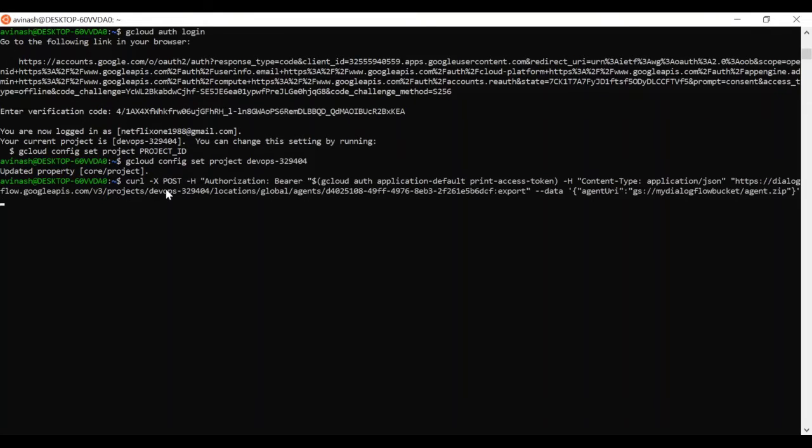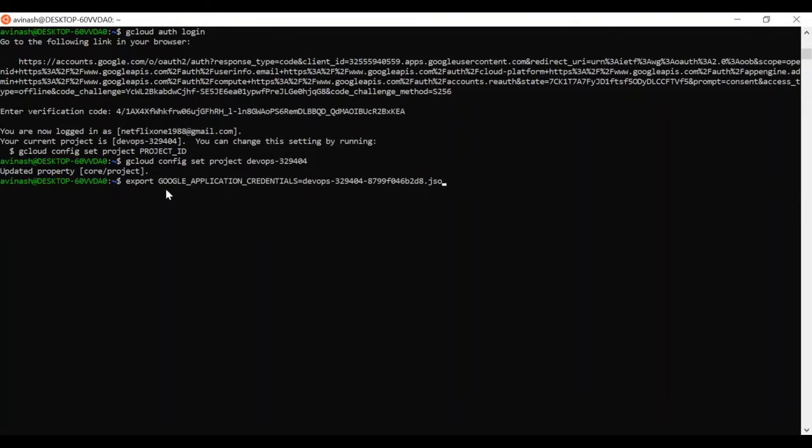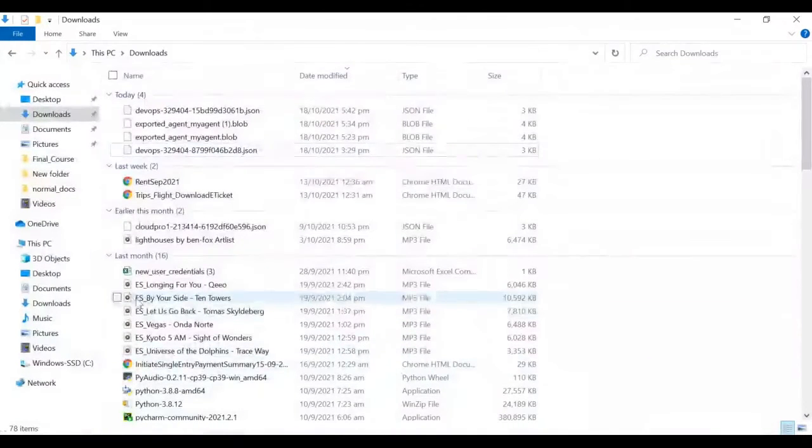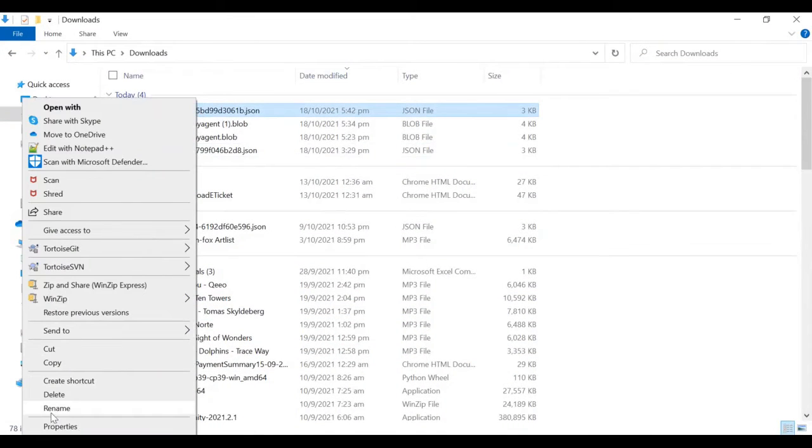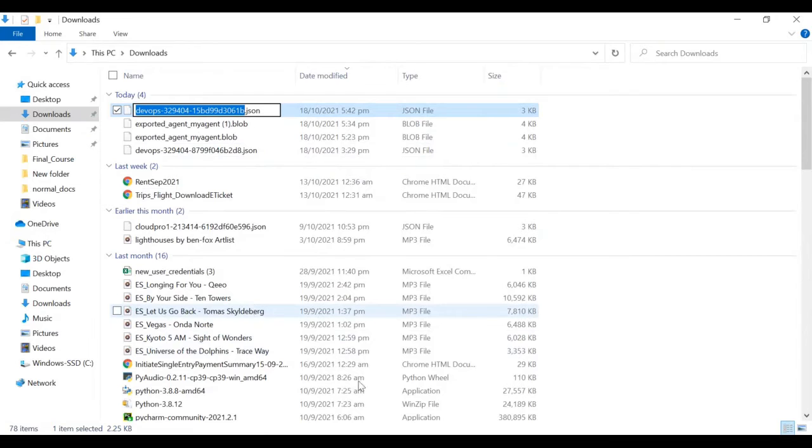So let me go back. Before that, I need to create that particular file, and this is the JSON file which I have downloaded. So let me give it the same name.